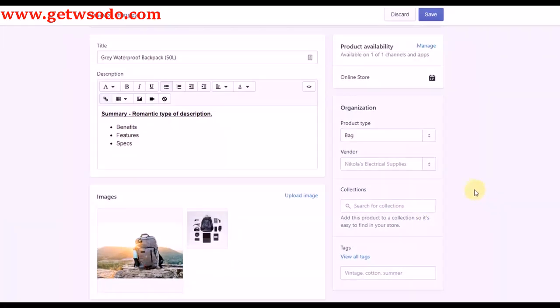A collection is different from a product type in that a collection of products don't necessarily have to have any relatability. Perhaps the collection is a certain type of product set for a certain type of customer. Maybe the person traveling to Southeast Asia is going to have a different collection than the person traveling to Antarctica. These different types of weather, perhaps your products are stored in collections like that. So I'm going to call this collection,